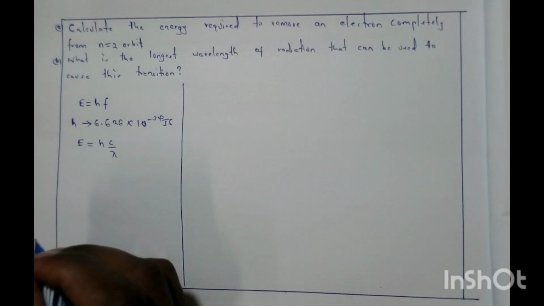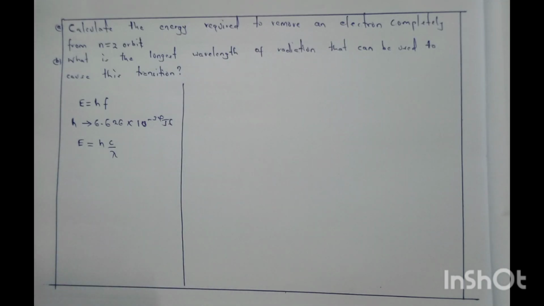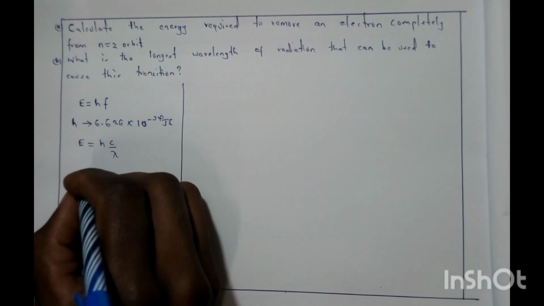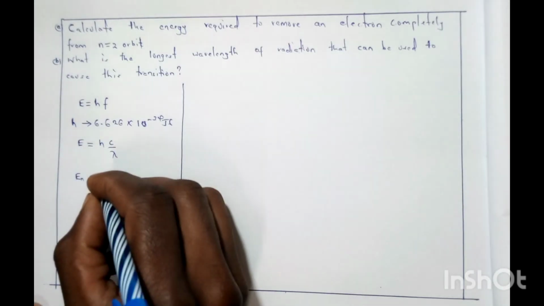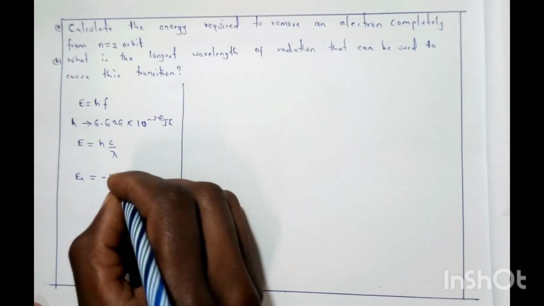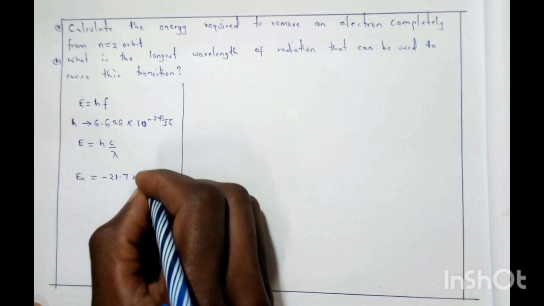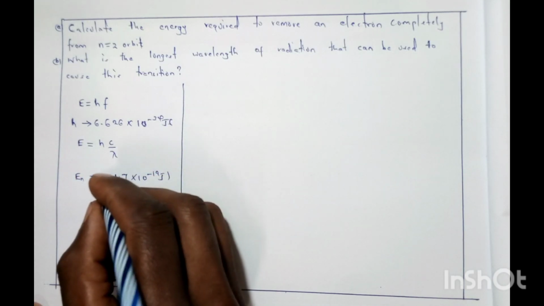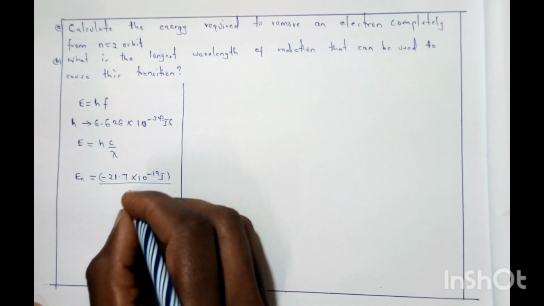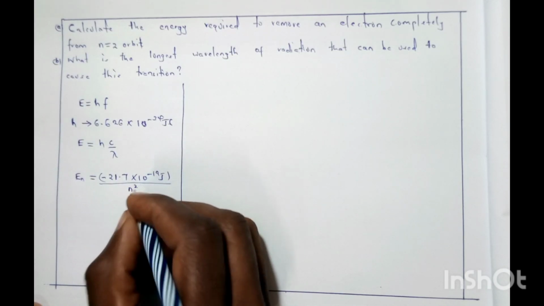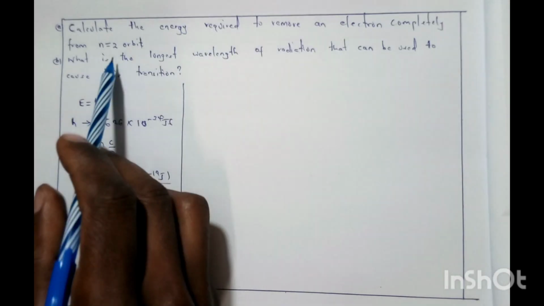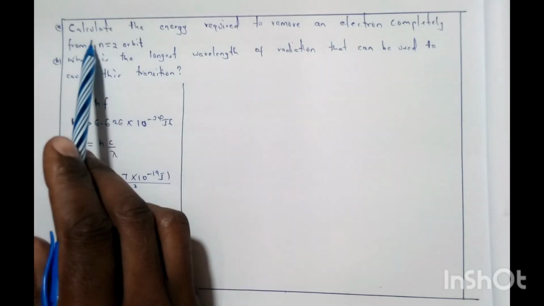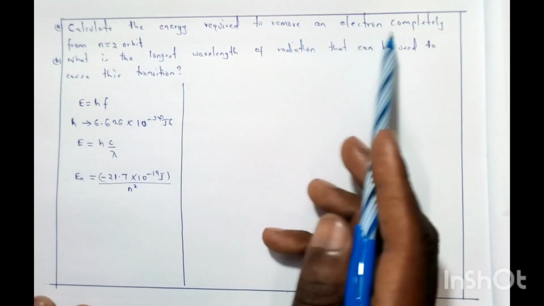In that discussion, I mentioned that we can give the energy of an electron in a hydrogen atom as E subscript n, which is given as negative 21.7 times 10 negative 19 joules, divided by n squared, whereby n represents the level of Bohr's orbit. So in our case, if we are required to calculate the energy required to remove an electron completely from the orbit where n is equal to 2,